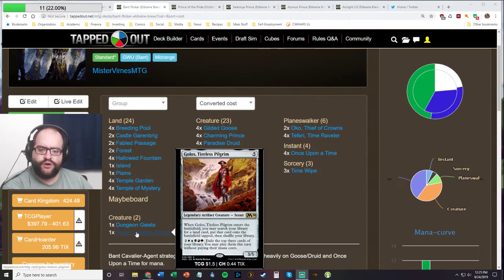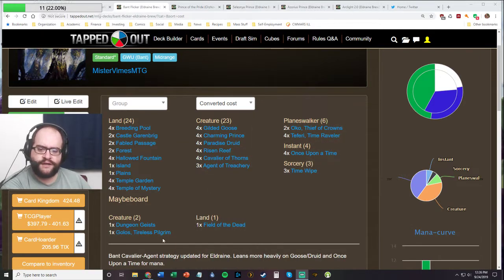You could try making Golos work in this kind of strategy. I'm not sure if the mana works if you're running Golos. I think the only way it's going to work is if you're also running Circuitous Route, because Guild Gates are the best way of getting 5-color fixing, and so I think that's a completely different deck, but it is worth